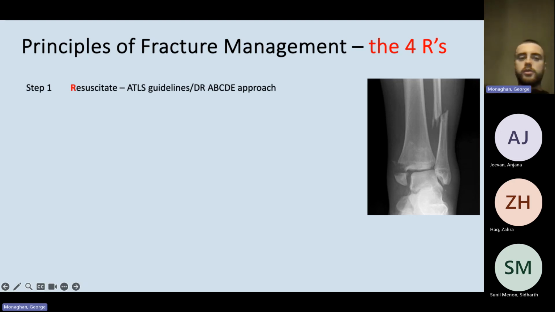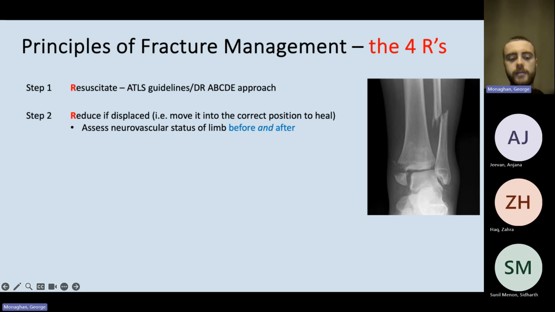So you'll use your A, B, C, D, E approach. Make sure the patient is stable enough for you to continue to then look closer at the injured limbs or whatever other injuries they have. But for this case, we're obviously going to presume they've got a fracture somewhere. So step 2 would be to reduce the fracture if it's displaced. This is quite a common